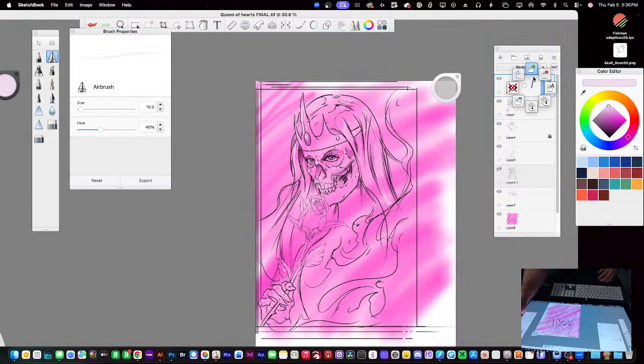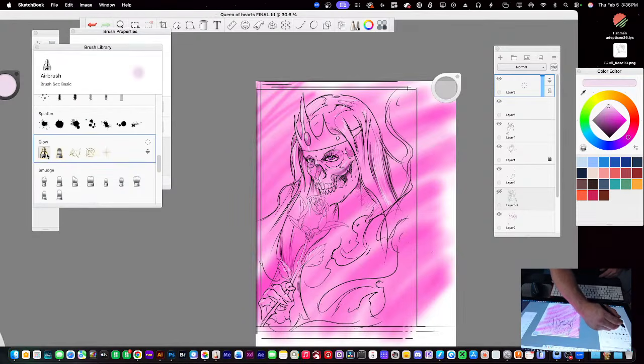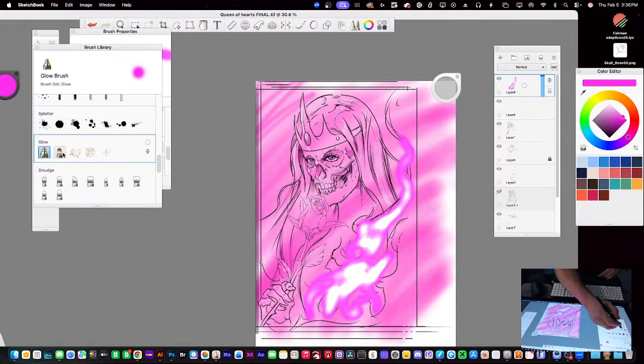And then, like I was showing earlier, if you want to do fire, this is a cool glow brush. I want to go here. If you put too much pressure, it goes right to white, which kind of stinks. I haven't figured out how to mess with it more, but you can kind of get there.